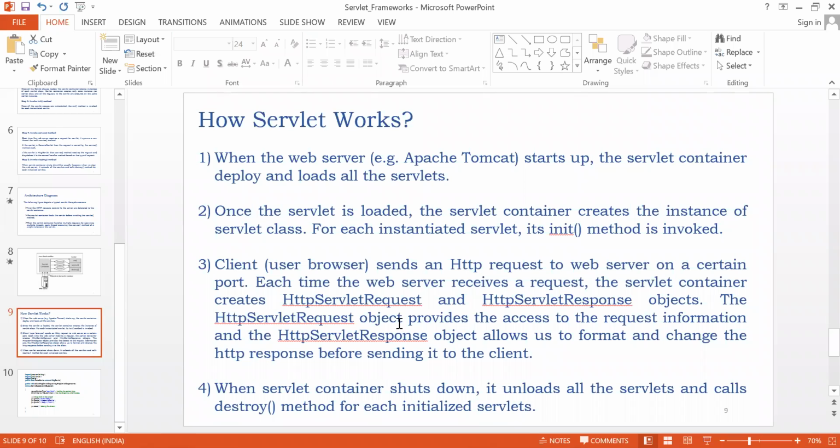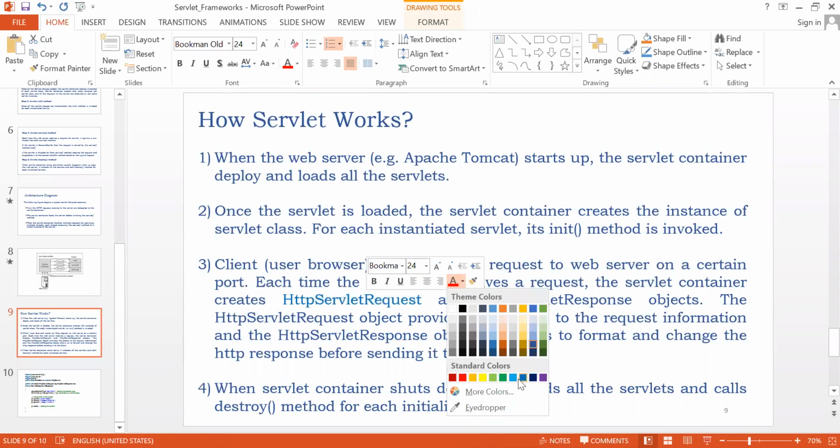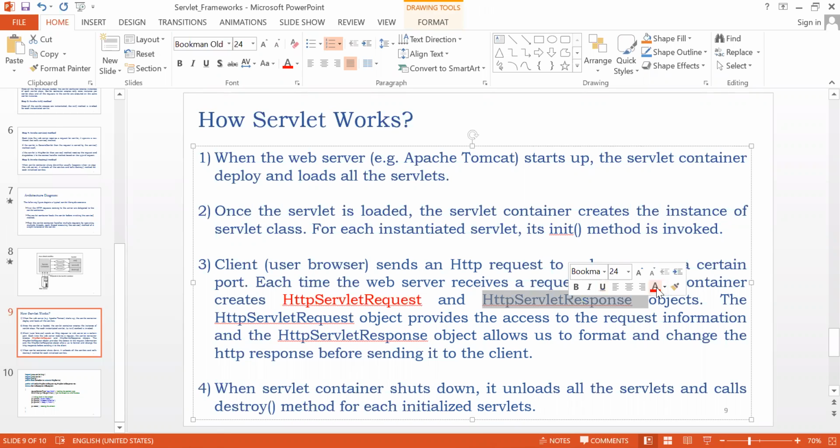Simple thing. For serving a request, HttpServletRequest will be used. For sending a response, HttpServletResponse will be used. There's no big hard and fast rule here.